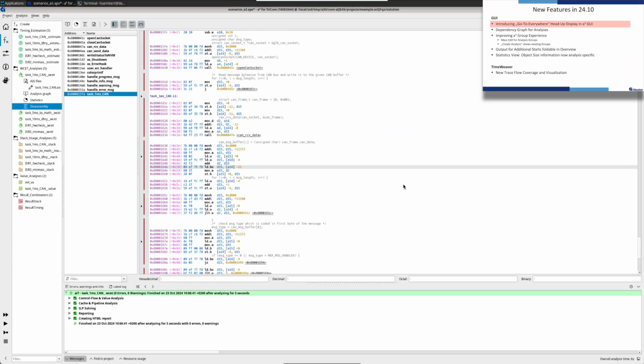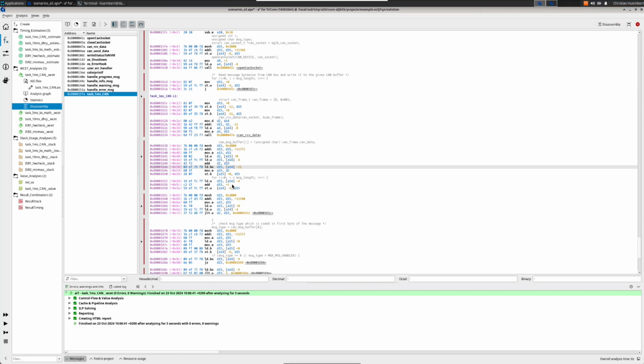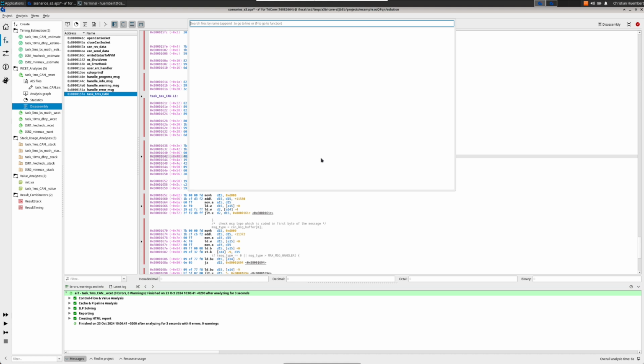For those of you who prefer to use the keyboard instead of the mouse for navigating through the project or to switch to different views in the graphic user interface, we have good news because we introduced a so-called go-to-everywhere head-up display. So for instance, if you're here in the disassembly view and you would like to get some more information about some variable in the symbols or dwarf view, you could now use the shortcut Control P to open the head-up display. There you can just simply start typing